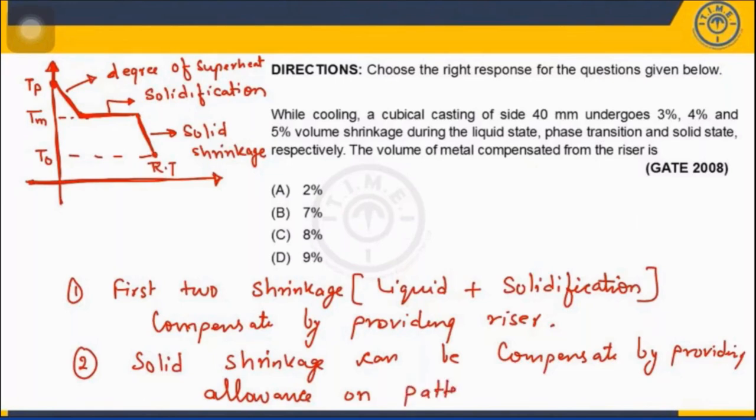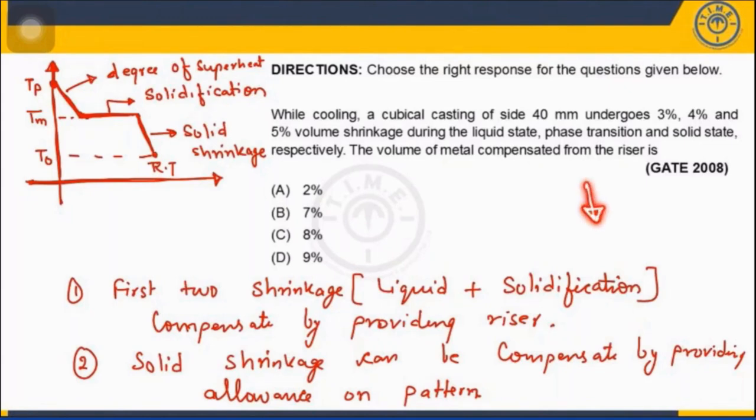pattern. Okay, because you know that for making a mold cavity, suppose if you are making a mold cavity and if you want to make a product, you are using a pattern which is the replica of the designed product, whatever the product you want to manufacture. So because during the shrinkage,